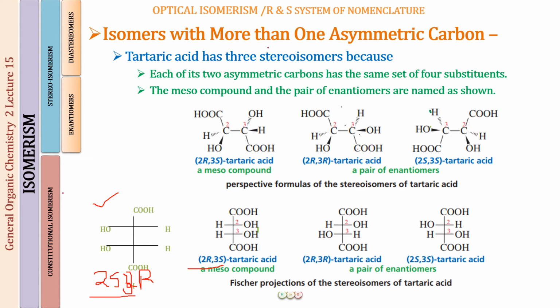Well, you are just going to rotate the molecule at an angle of 180 degree without lifting it from the plane of paper. So this COOH group will go above, this will come below. Fine. This OH will be occupying position number 2, and this one will be occupying position number 3, just like in this molecule. And similarly, these two hydrogens will go on the opposite side. And hence, when you're going to rotate this molecule at an angle of 180 degree in the plane of paper, you are going to get this structure. Okay, so the rotated molecule and this molecule, well, they are going to be identical molecules.